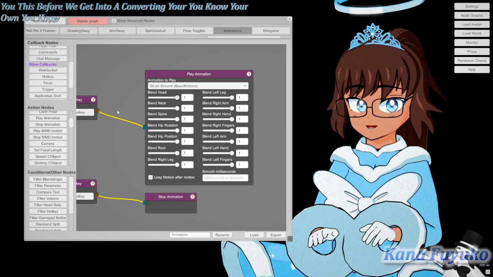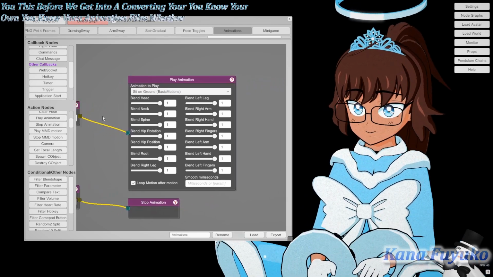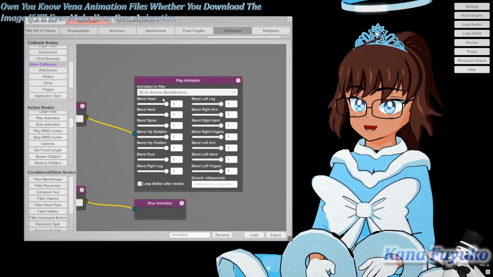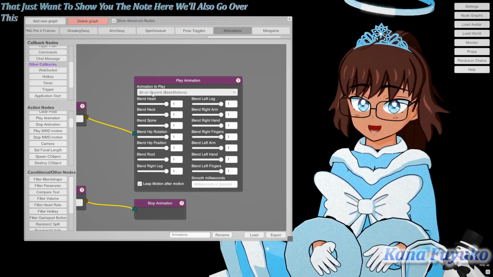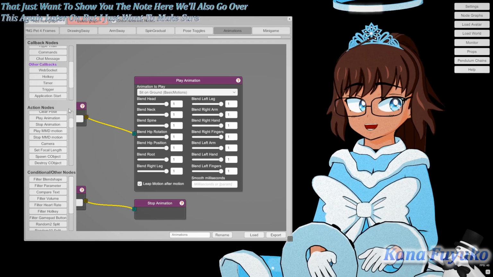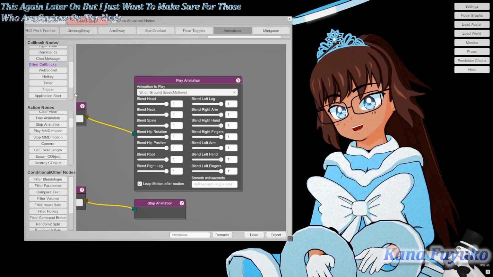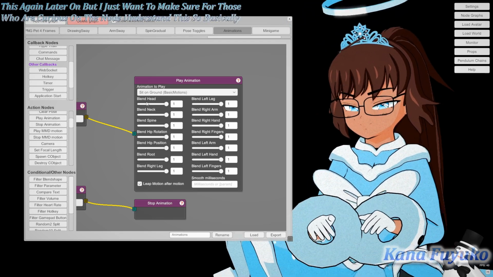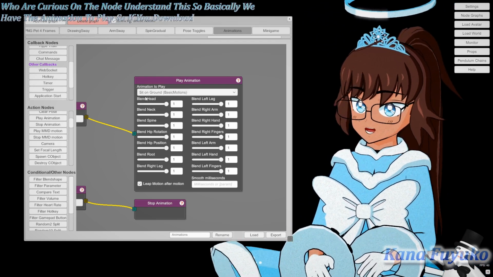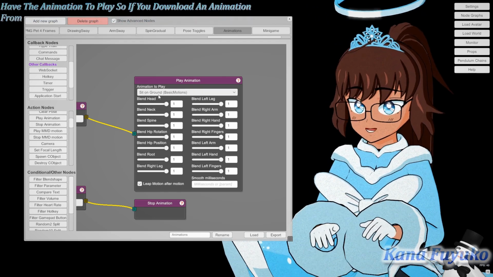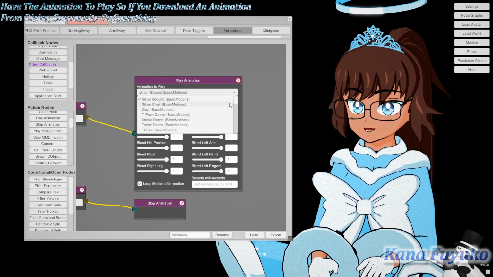VNyan animation files, whether you download an animation file or make your own animations. Before we get to that, I just want to show you the node here. We'll also go over this again later on, but I want to make sure those who are curious understand the node. So basically, we have the animation to play. If you download an animation from the VNyan community or something, you just click on this, and then